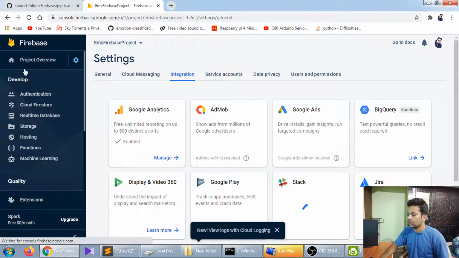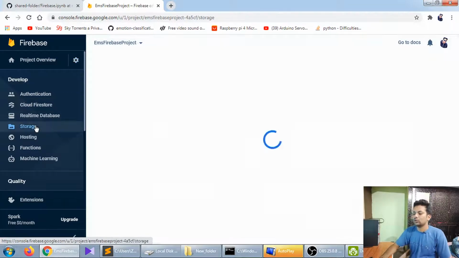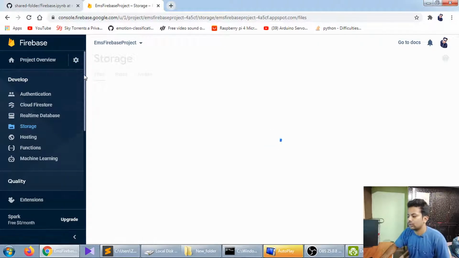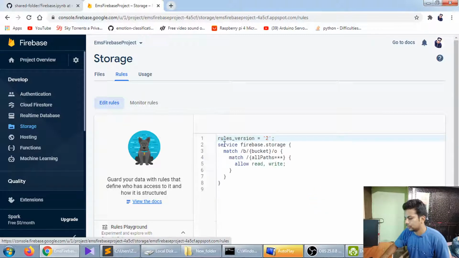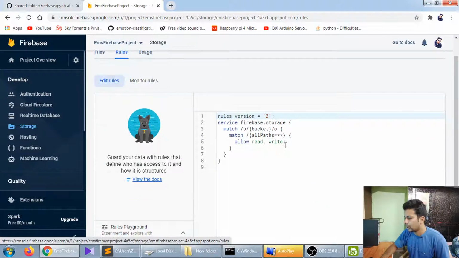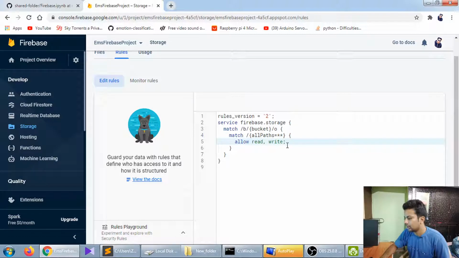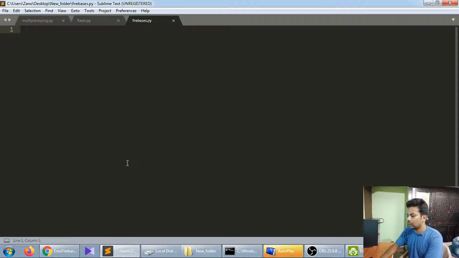One thing more, come to the storage setting now because basically you're gonna use storage. Come to rules and see here, I have already edited it. Here must be written "if authentication is not equal to null". So just remove it and just put a semicolon here, like I have done, and remove all the lines. And now just come to code.